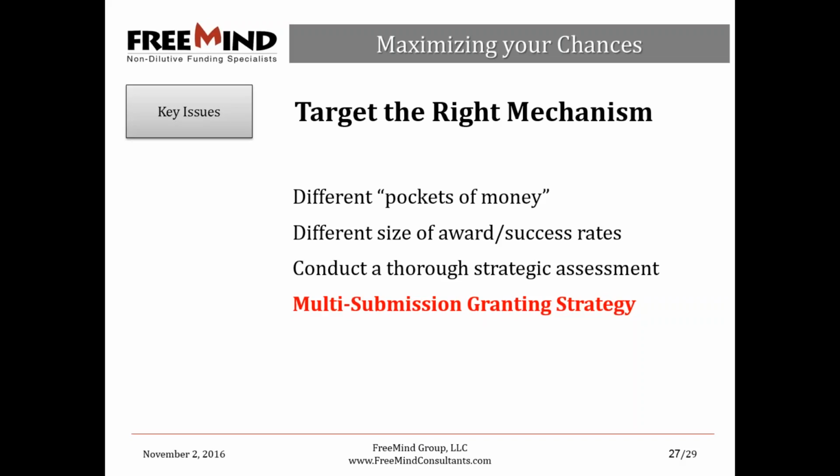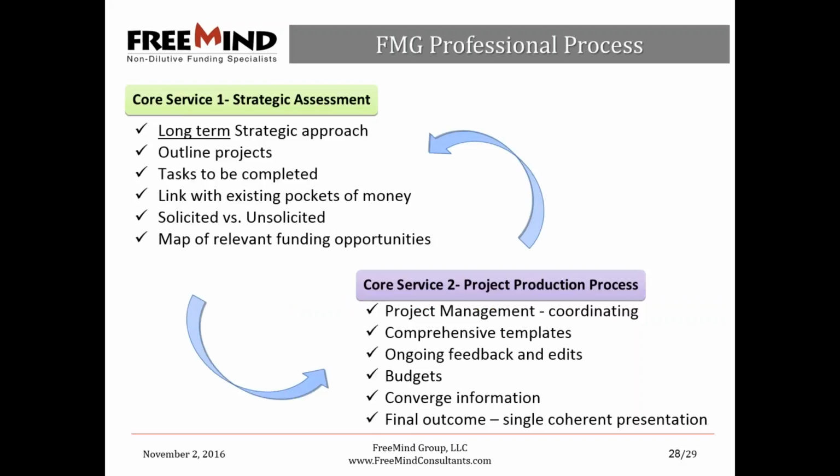We definitely advocate conducting a thorough strategic assessment, outlining all the different sources of funding that could be relevant for each one of your pipeline projects, and based on that, creating a multi-submission granting strategy. We find that really is the only way to take this source of funding and make it something that reliably produces results. And basically our approach is